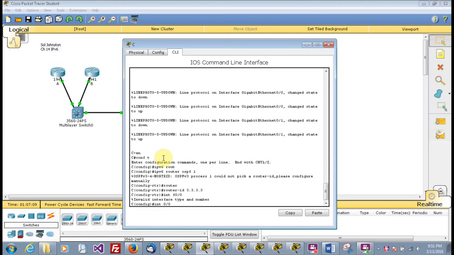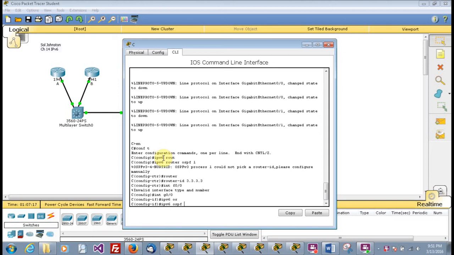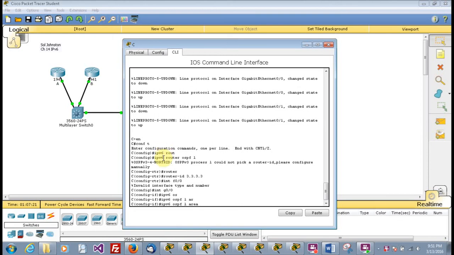Oh, actually it's going to be G0/0. And this could be IPv6 OSPF1 area 0,